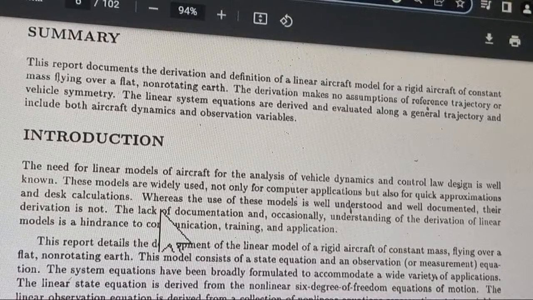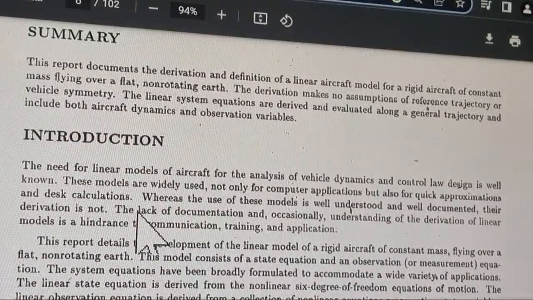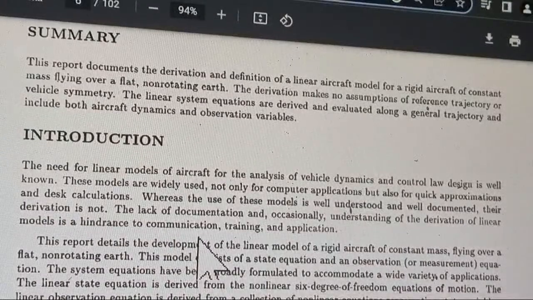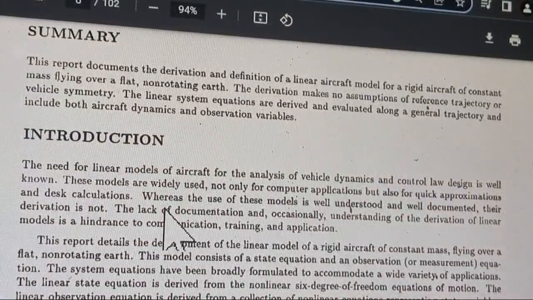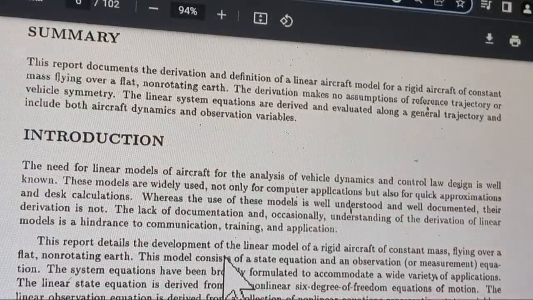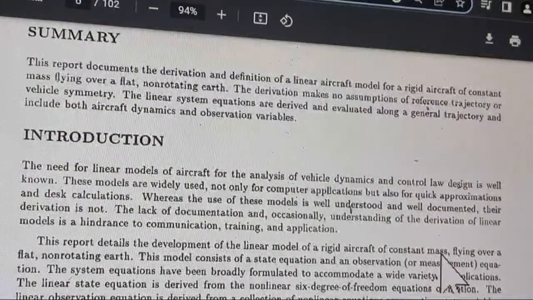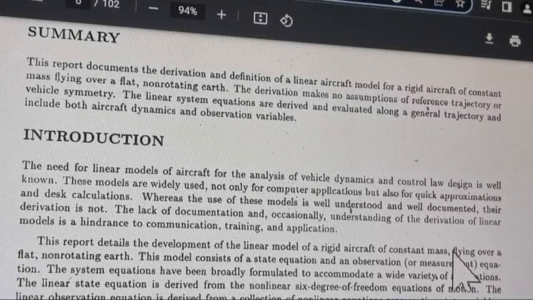Their derivation is not. The lack of documentation and occasional understanding of derivation of linear models is a hindrance to communication, training, and application. This report details the development of a linear model of a rigid aircraft of constant mass